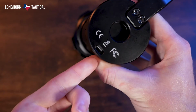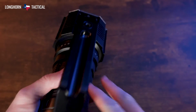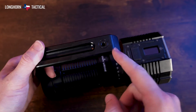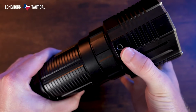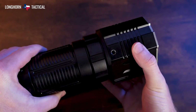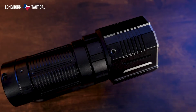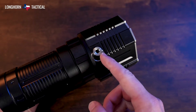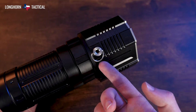And then around back here, you can detach this handle with these 2 hex screws right here. This is going to be your lanyard attachment point, and there's going to be 2 tripod screws. The first one is going to be on the handle itself, and then around back, there's going to be another one here. However, this is going to be the one where I personally would attach the loop screw, and also this screw is going to have the same threading on the top as it does in the bottom,